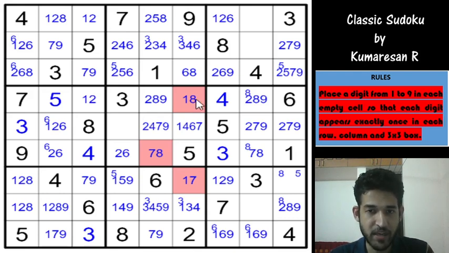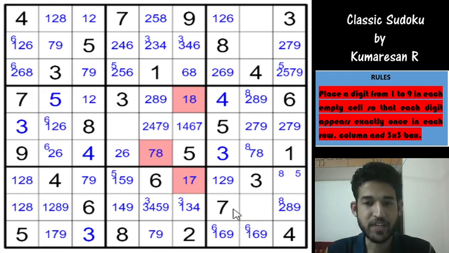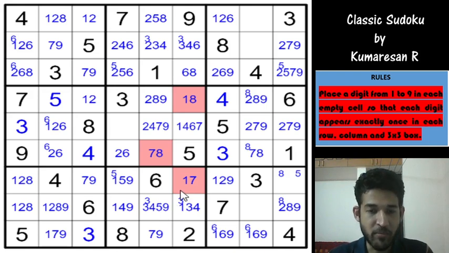So this is the hinge cell which is capable of seeing both the cells, right? It is common to both the cells. This one particular cell has an effect on this cell and this cell, right? So when you have such a pattern, right, 3 cells exactly having digits of the form AB, BC and AC, right, then you can eliminate the common digit from the wing cells. So these are the wing cells, row 6 column 5 and row 7 column 6 are the wing cells. So whichever digit is common between these cells you can eliminate, right, from the cells which see both of